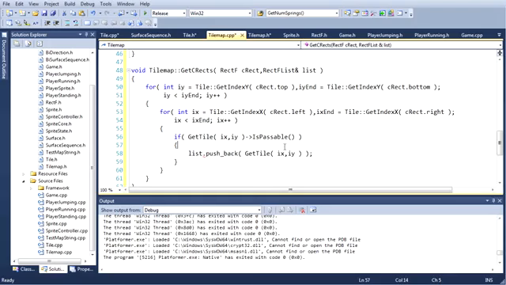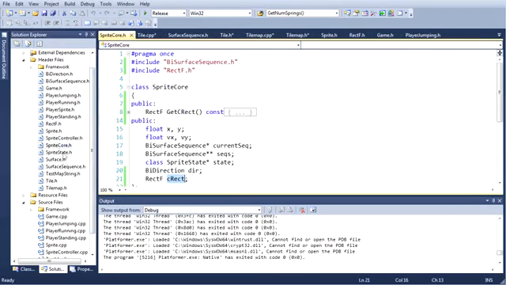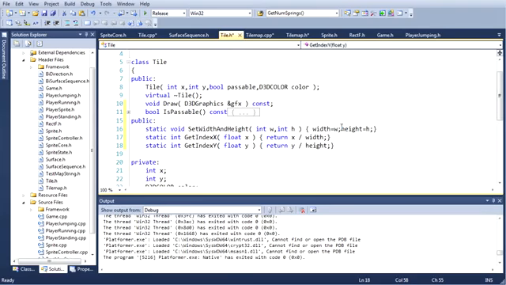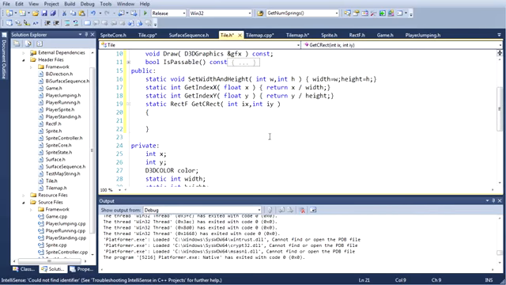Now here's the rub. Tile doesn't actually store the collision rect. So I need to generate it on the fly. So I do static rect f get c rect, int ix, int iy. So based on a couple of indexes, I should be able to generate the old rect. And how I'm going to do that is